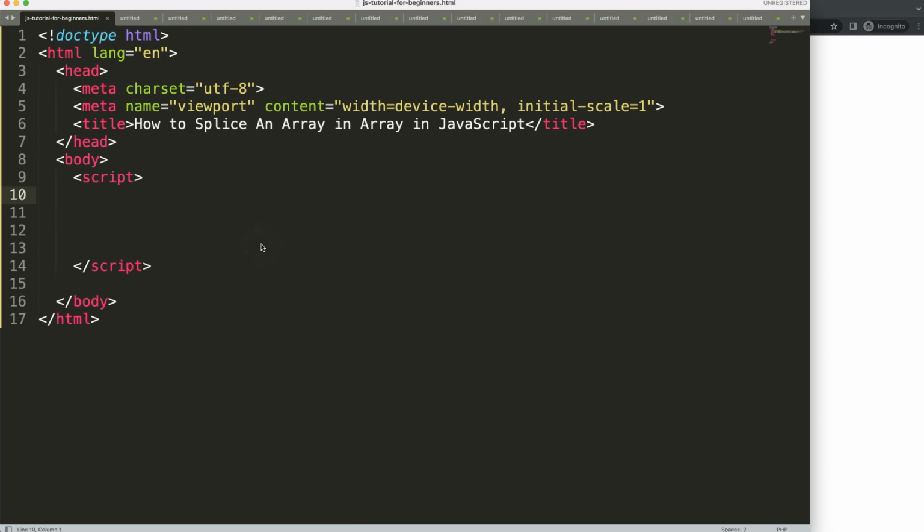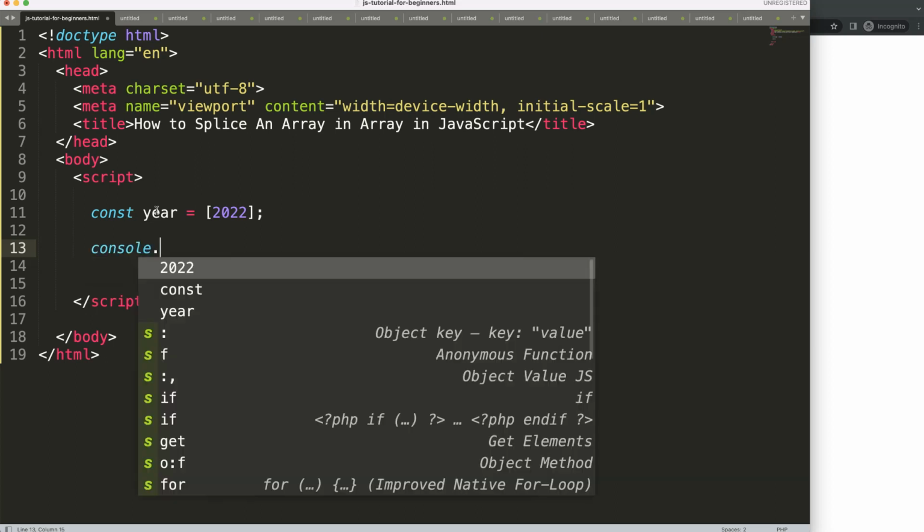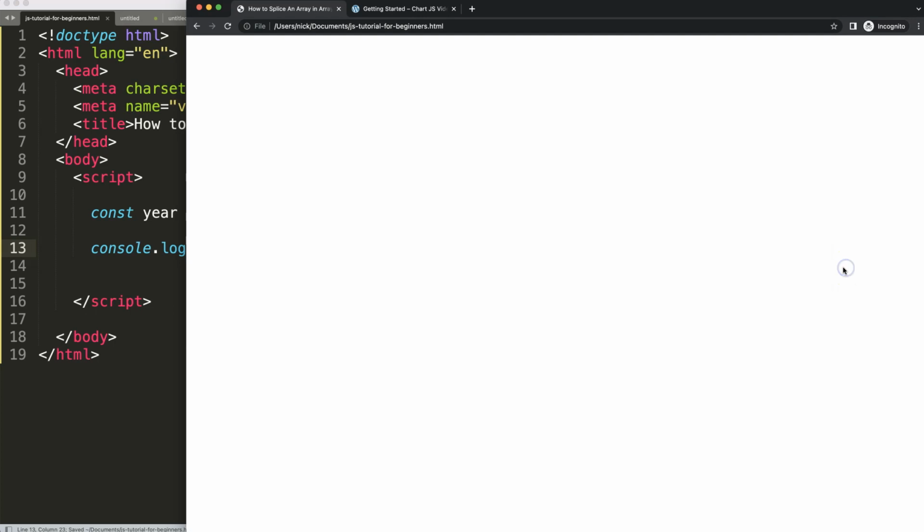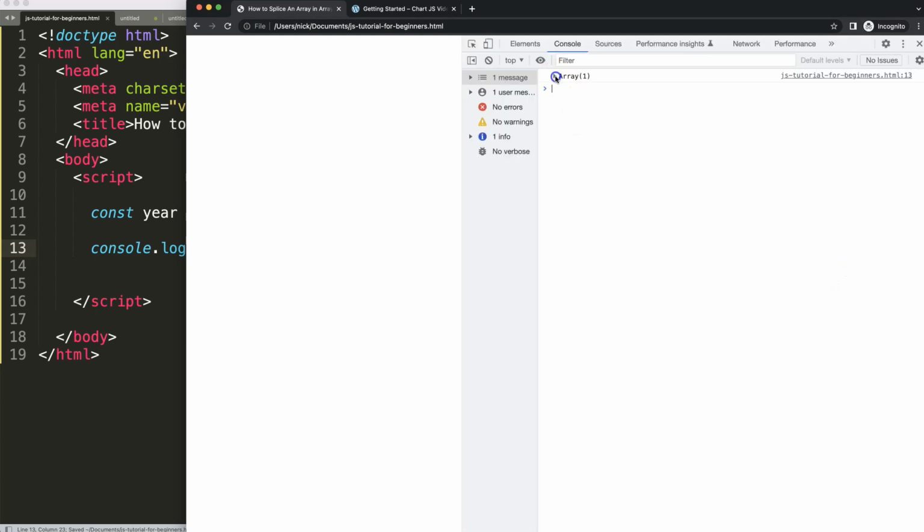So let's start to look at how to splice an array in JavaScript. The first thing that we're going to do is create a very basic array here. Let's see, a constant year equal, and in brackets we just say 2022. Then I want to do a console log first, so you can see the array. So if I save this, refresh, open up the developer tab, you can see here we have